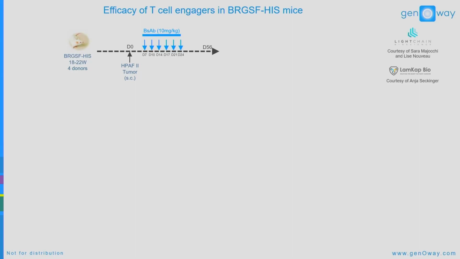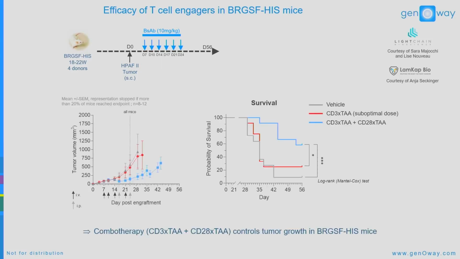Basically, would a signal 1 and 2 on T cells provide a better cytotoxic activity than signal 1 alone? The CD3-TAA was used at a suboptimal dose in order not to get total tumor regression. And as you can see here, by combining the CD3-TAA with the CD28-TAA, we clearly observed a quite nice tumor growth inhibition,